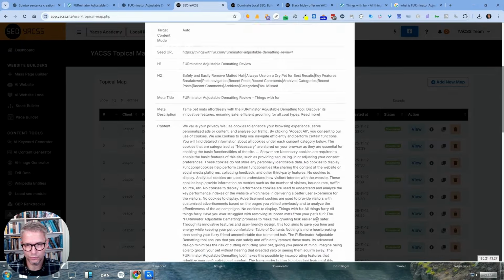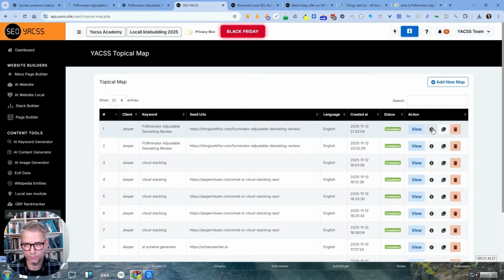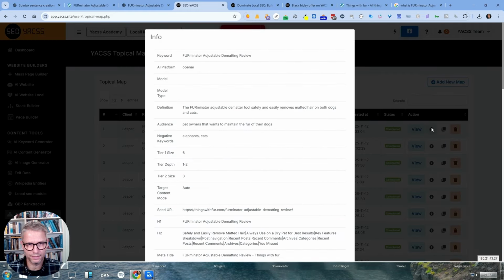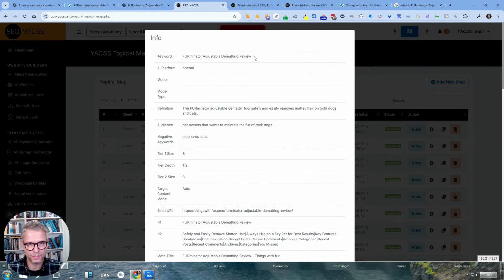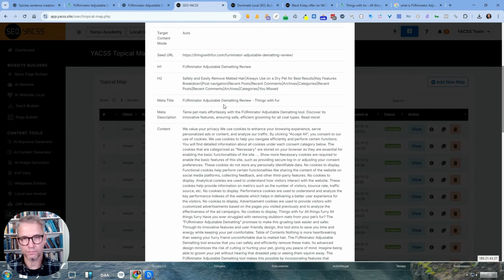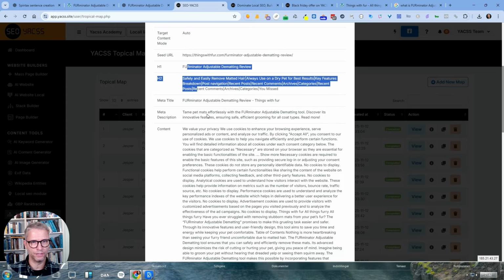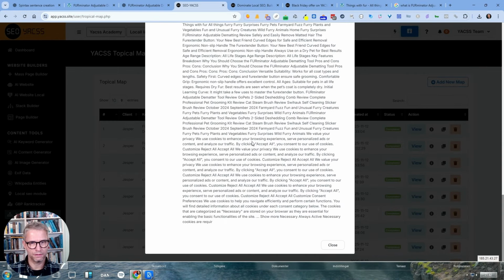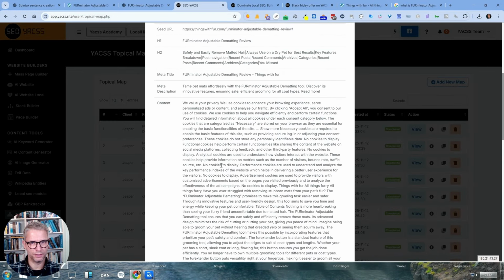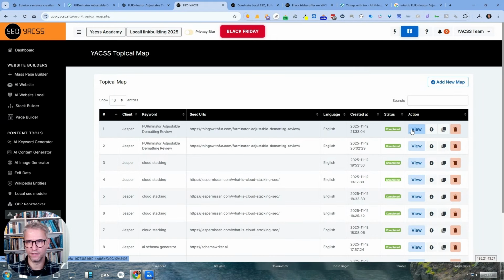So yeah, this is just the input, the data that we put in. You can see this was the keyword. The platform that I selected was OpenAI. The definition of the keyword was this, and this was the target audience and negative keywords. And then this might be interesting for some of you: this is the seed URL, and these are all the information items that we scraped from the content. So yeah, some of you might find that interesting. Anyway,